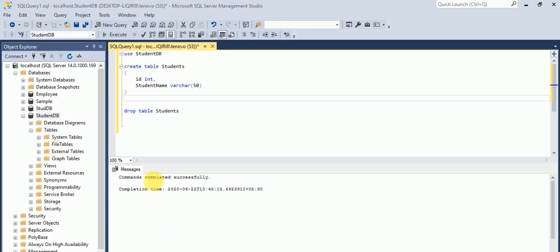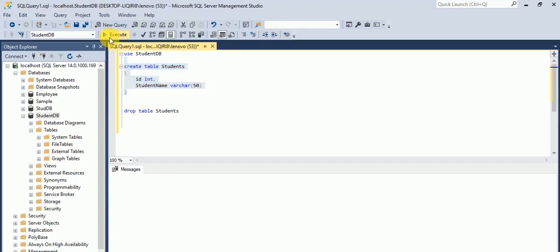We'll create the table student again. While creating, if you have missed adding one column, like now I want to add a gender column, we can use the alter statement to add a gender column. Alter, create, and drop are all DDL statements. There are three types of statements: DDL, DML, and DCL statements. Don't worry, we'll explain in brief what exactly each one of them means in our upcoming videos.